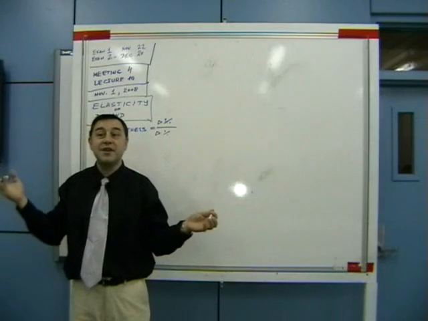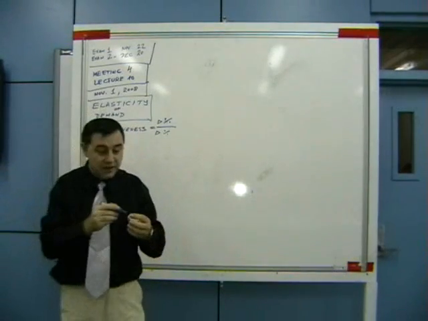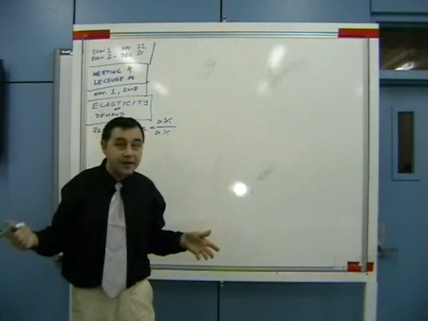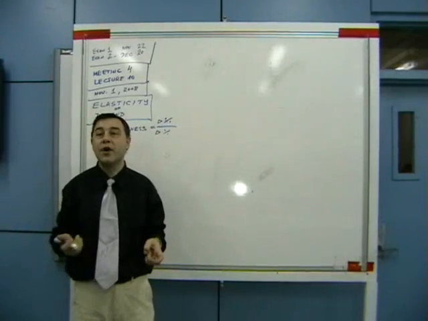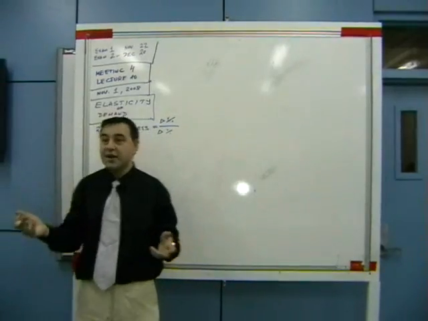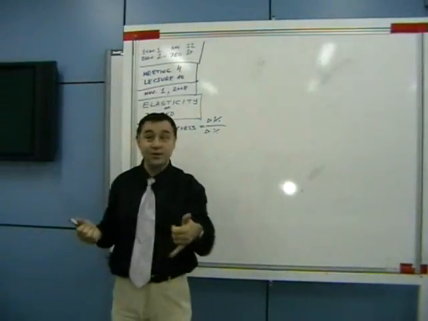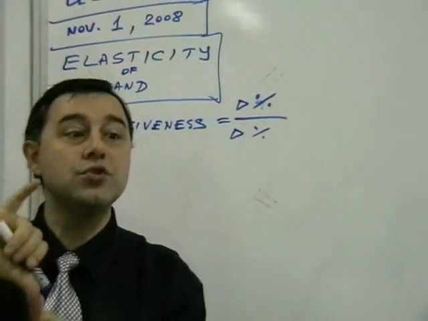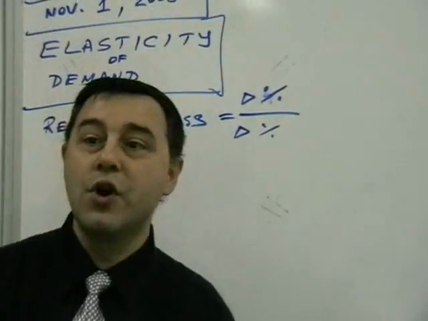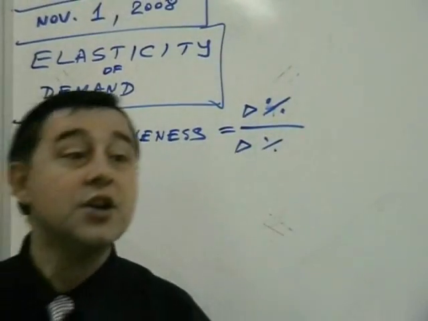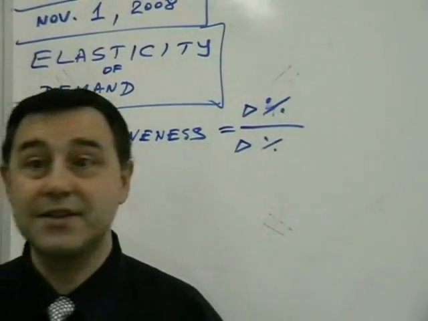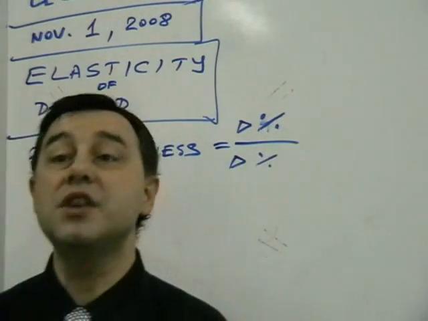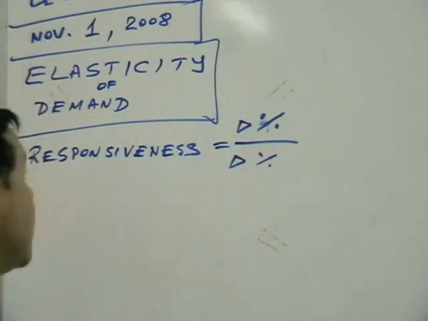We need delta here because one price changing by $2 doesn't mean anything. $2 for the price of, let's say, cooking oil would be an awful lot, and $2 for the price of oil isn't that much. In what sense? Well, cooking oil costs $2, so a $2 increase in price is 100%. This is a huge change. But if crude oil is $68, $2 extra is about 3%. So, in this sense, we need to normalize on percentages.